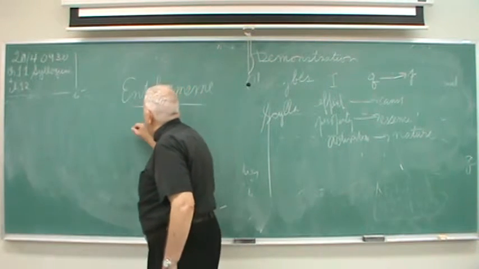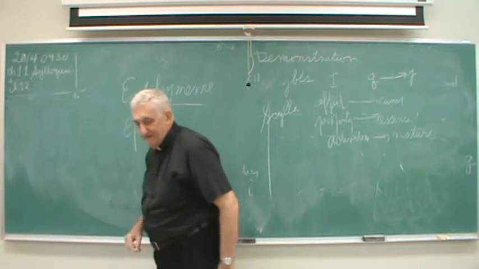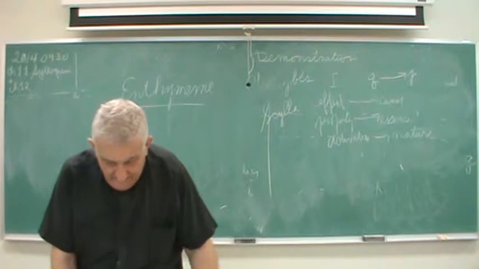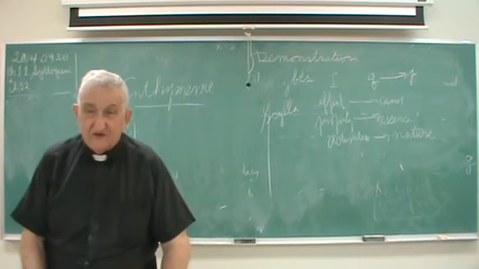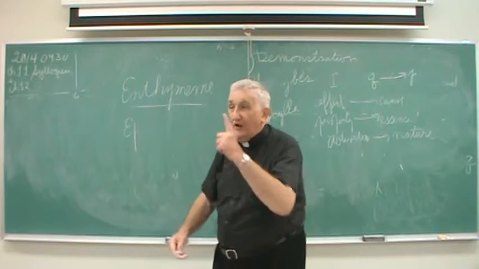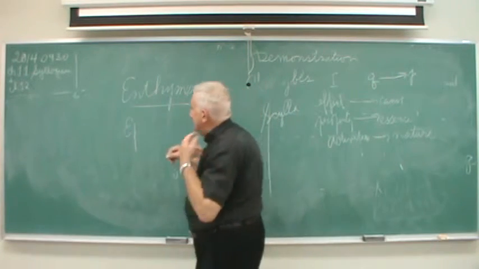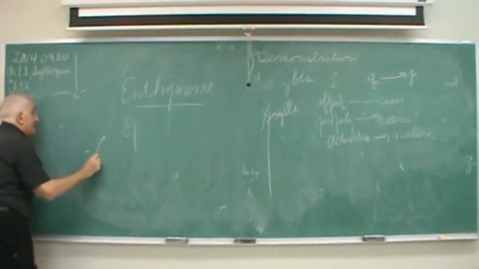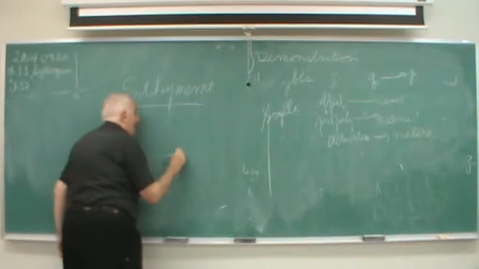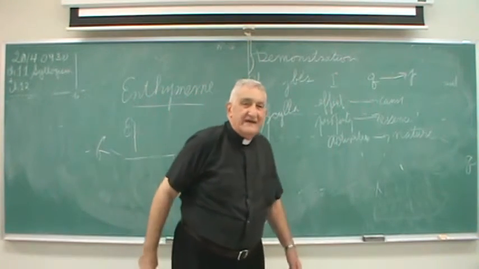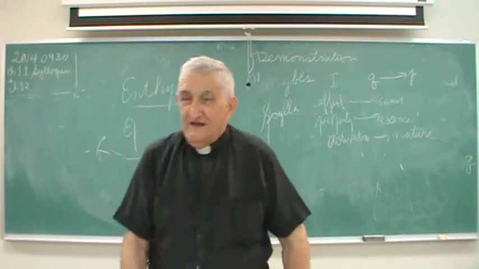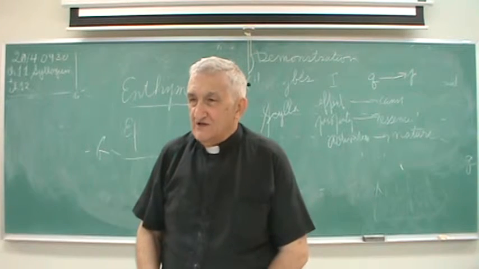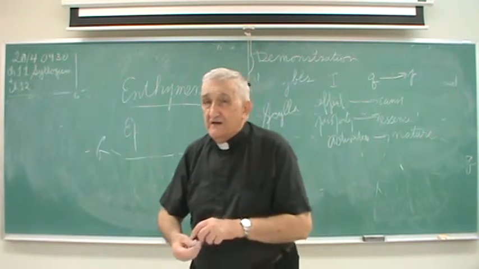We have also the epicheirema. An epicheirema is a syllogism in which we give one proof. For example, you can say, "All men are mortal. Dictators are men because they have to eat like everybody, or they have to breathe." You give a proof. We call that epicheirema. You have that in your book. Now we have another kind of syllogism.